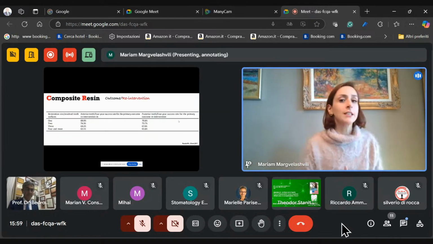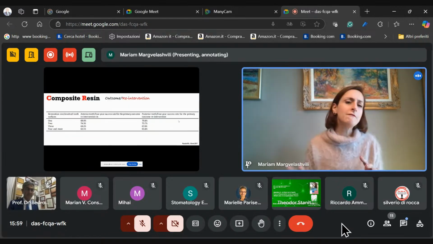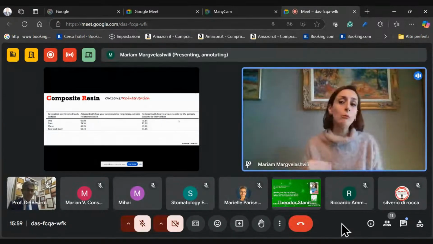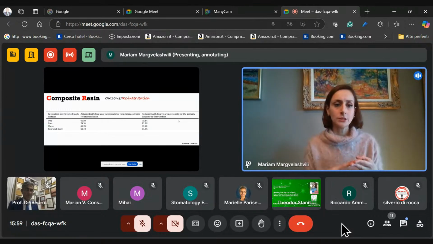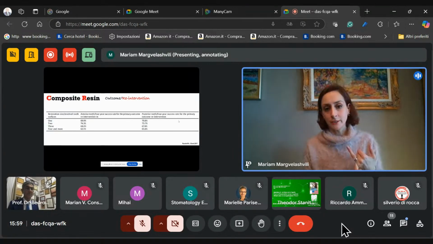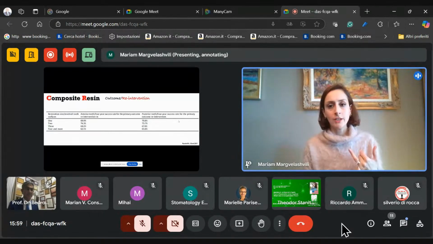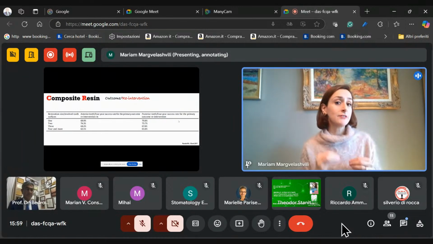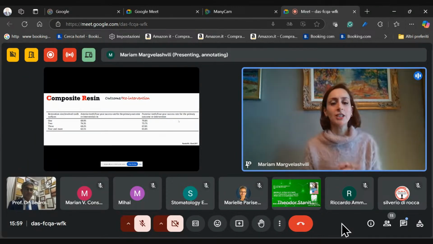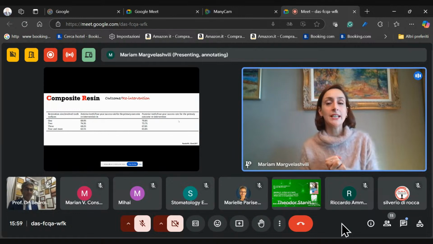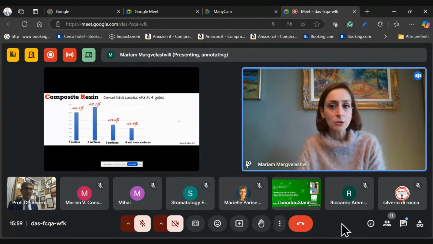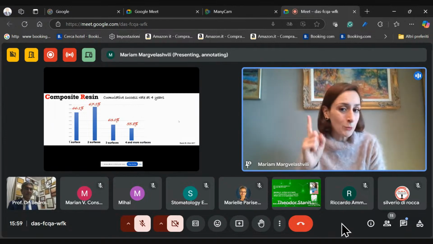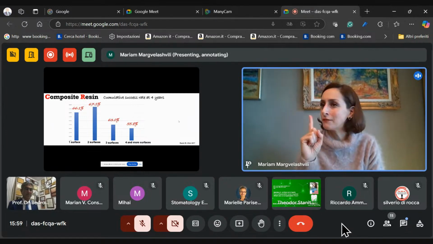Now, let's look at the literature. I love this study because they looked at very large data, and the outcome was reintervention. How many composite fillings will need to be retreated? They had 1 surface, 2 surface, 3, and 4 and more surface restorations. And you can see in the reintervention rate outcome, the survival is only 62 and 63% for large composite restorations. And if you look at the cumulative success rate at 4 years, for 4 and more surfaces, survival is only